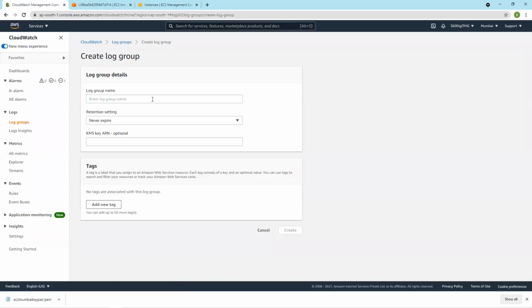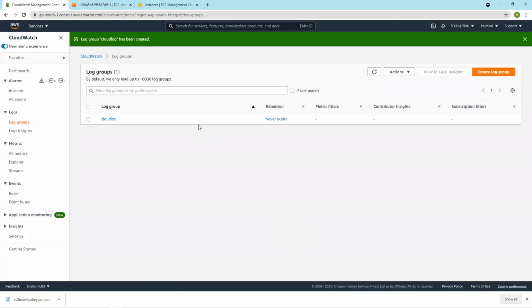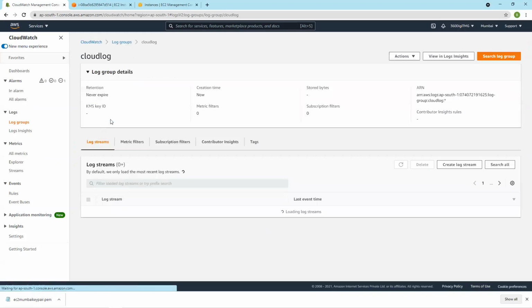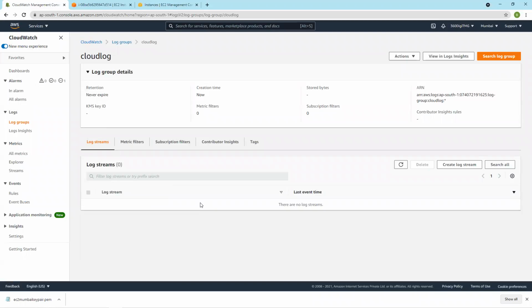So let us create a log group. Okay, create. We have created a log. So then why do we need two logs?